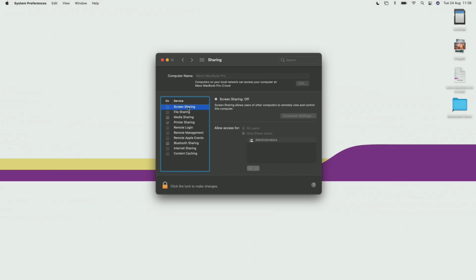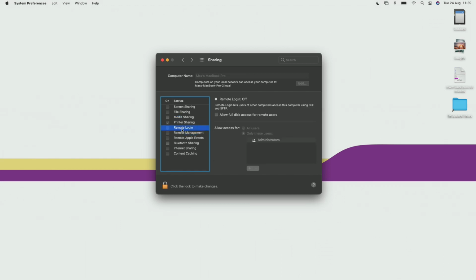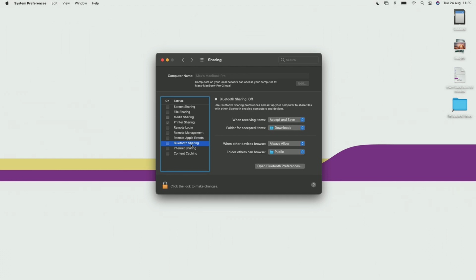However, from here you can also change your screen sharing, so you know who you're sharing with, file sharing, so you can see all of these are shared with different people, media sharing, so you can stream from different libraries, remote login, so someone can access your device from a different place, remote management, so someone can manage your files from a different place, remote Apple events, so people can list you into events without a request,